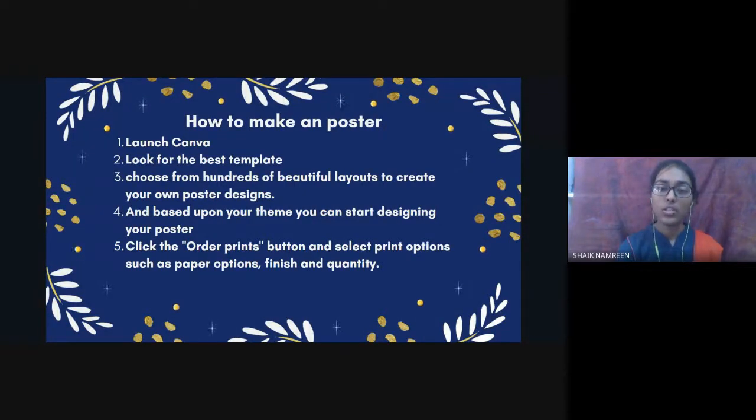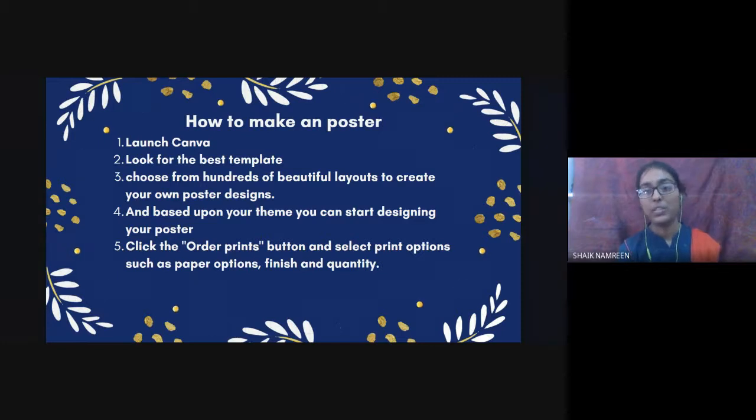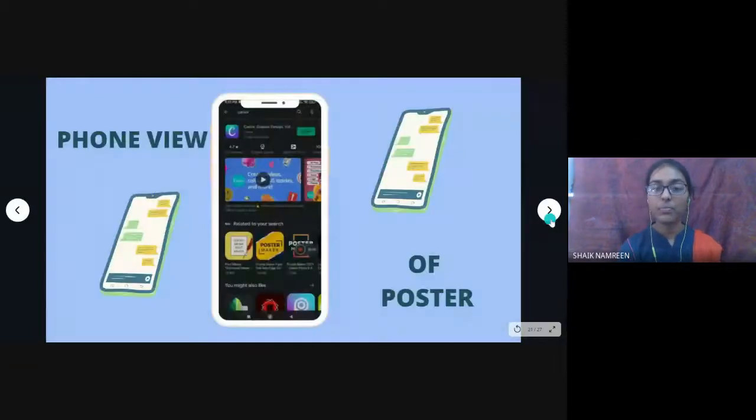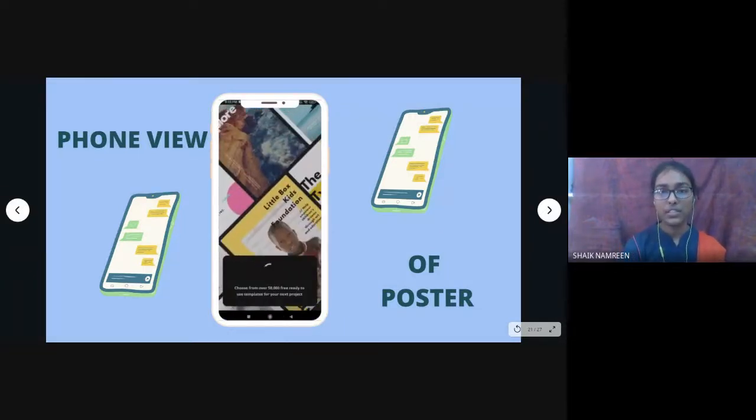They will show you the cost for shipping and so on, and the paper quality is really very good. You can order this way, or you can download this poster and print it yourself. But you can order too. This facility is in Canva. So I guess this is the best facility, designing a poster and ordering in Canva only. So this must be very great. Before going to phone view, we will go with how Canva looks in PC view.